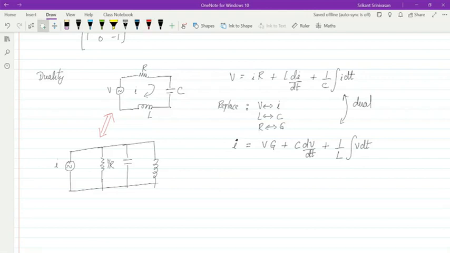Basically, there is a neat relationship. If you draw the circuit, you have a series RLC circuit with a voltage source. It became a parallel RLC circuit with a current source. And those equations are mathematically duals of each other. That means if you simply replace the resistors with conductances, that is R by 1 by R, replace the L with a C and the C with an L, replace the I's with V and the V with I, you get a dual network. So this is also something we will discuss a little more in the next class. Okay, so I'll stop here for today's class, and we'll take it up more in the next session.